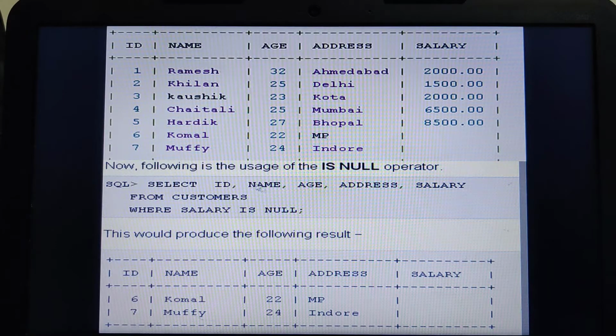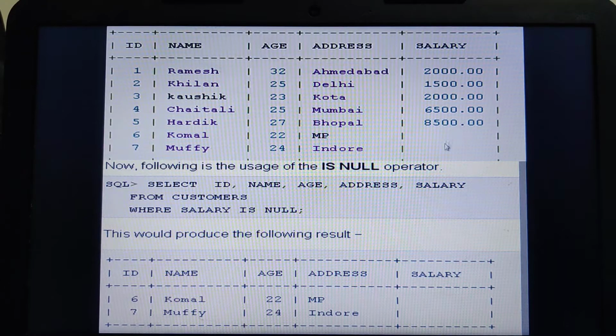Select ID, name, age, address, salary from customers where salary is null. What is it checking? Whether it is null. Is null means it is comparing with the null value. So here it is checking whether salary is null: no, discard. Salary is null, no, discard. Salary is null, no, discard.